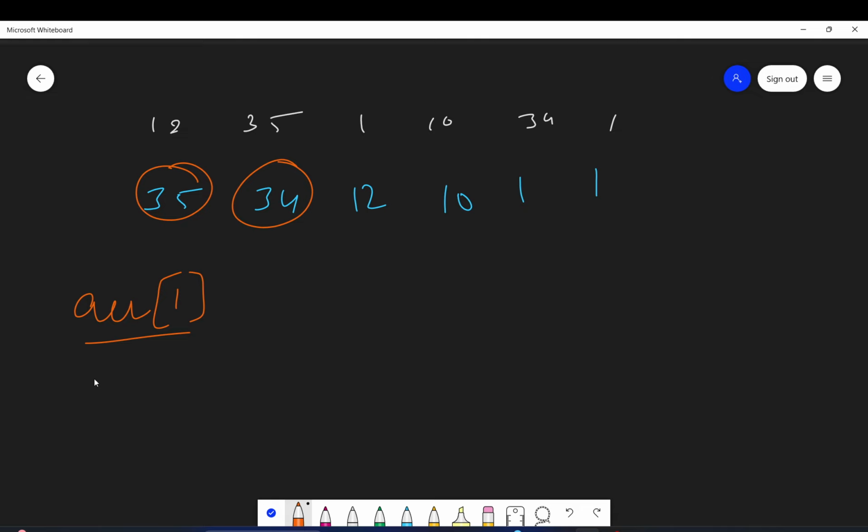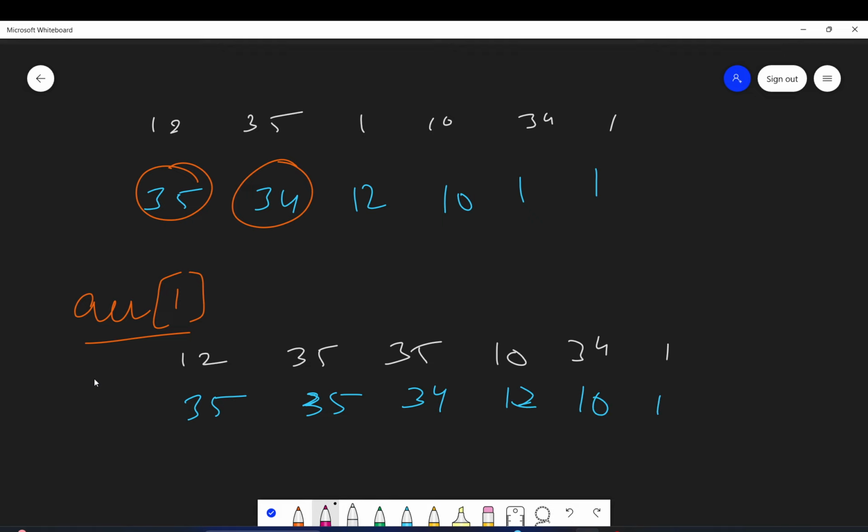Okay. What if the array is something like this? 12, 35, 35, 10, 34 and 1. Now if I sort this array in descending order, it will be 35, 35, 34, 12, 10 and 1.